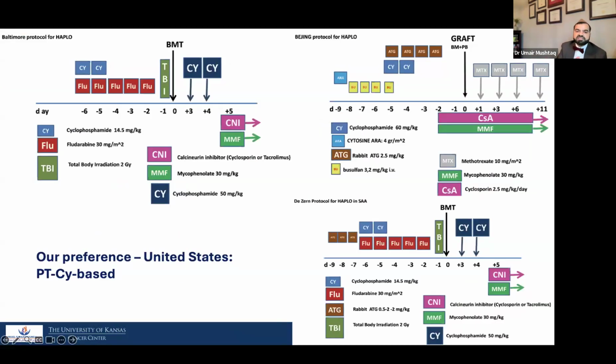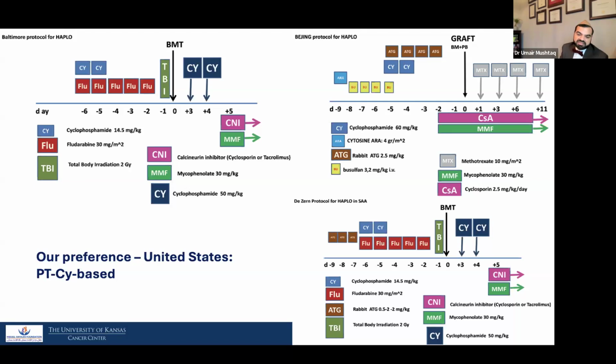So just summarizing these 3 regimens that I have discussed. The PTCy-based regimen used flu-cy TBI-based conditioning, then cytoxan on days 3 and 4, 1 month of CellCept or mycophenolate, and about 3 to 6 months of a calcineurin inhibitor. That's usually tacrolimus. Versus the Beijing protocol that uses ATG-based lymphodepletion, a CD34 selected graft, and then cyclosporin for up to 9 months to a year, CellCept. They also add methotrexate to intensify that GVHD prophylaxis. And this is pretty intense immune